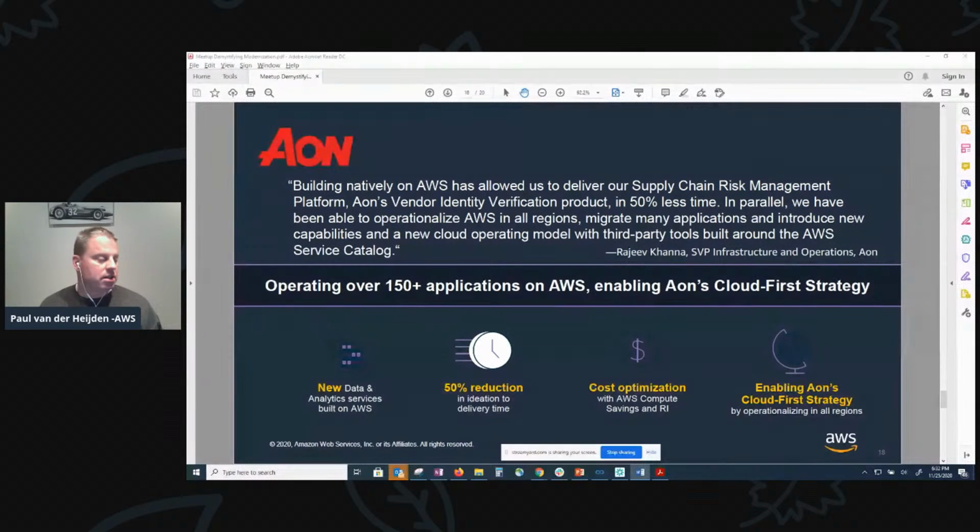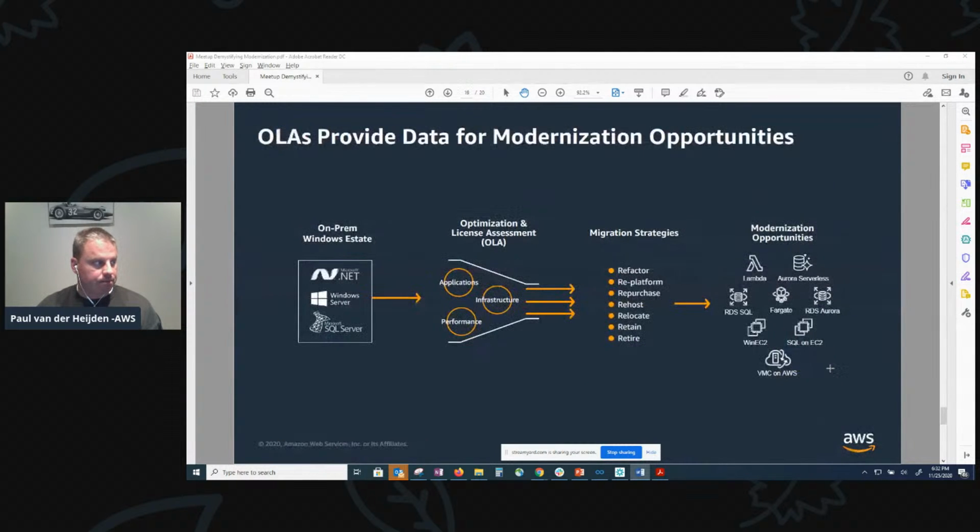The plus side is this has led to a 50% reduction in ideation to delivery time, and the cost optimization with the compute savings has led to an ROI of 30%. So again, amazing results, also by first lifting and shifting and then modernizing their application infrastructure.